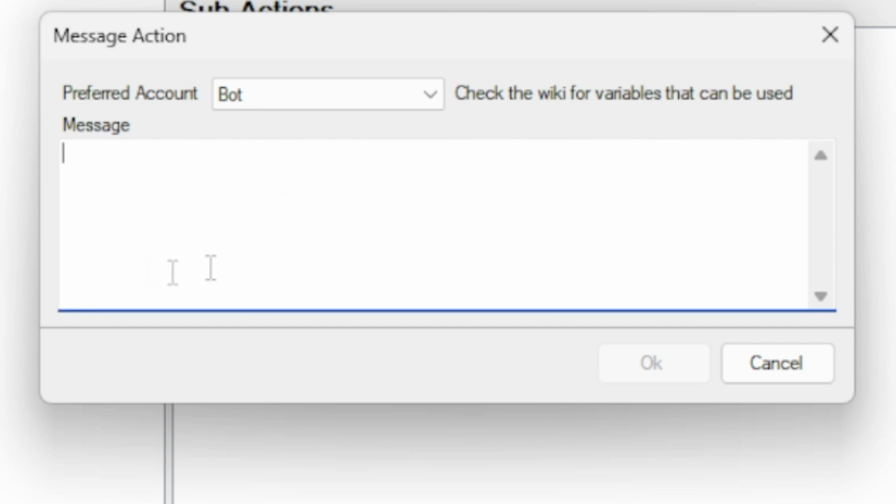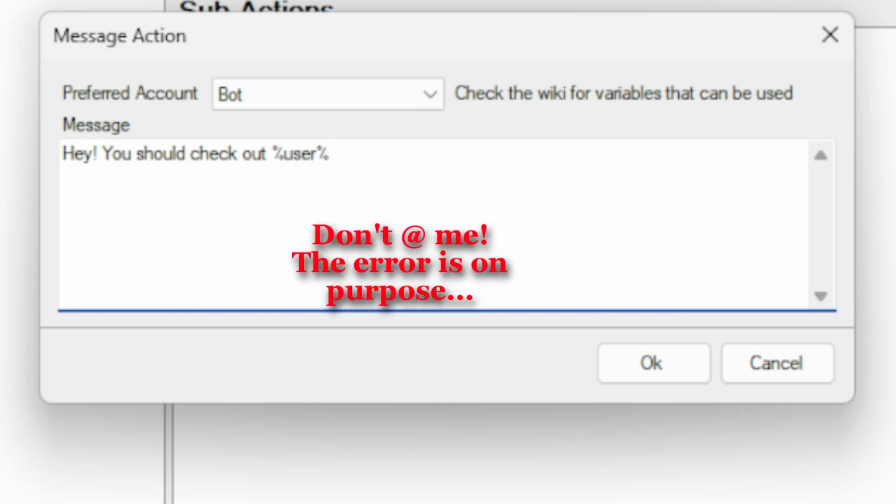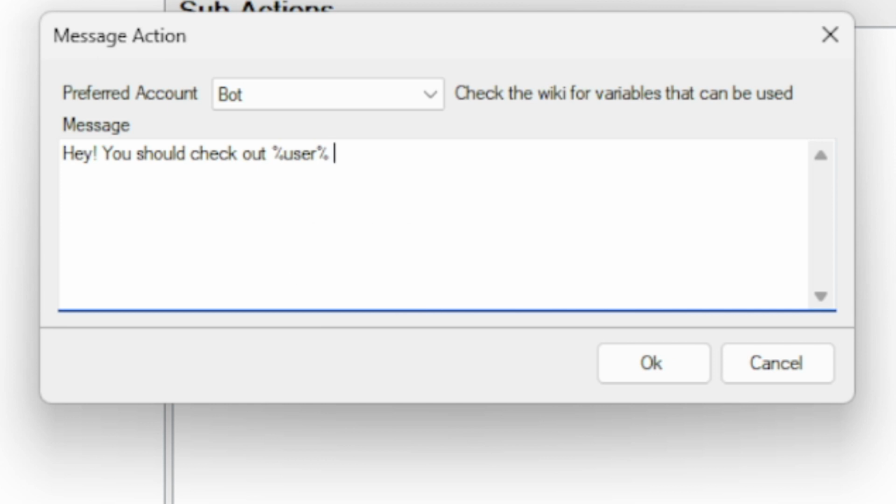Okay. And then the message here, this is what's actually going to show up in the Twitch chat. So we're shouting out somebody, so we want to say, hey, you should check out, and then we're going to use the person's name. And remember, we got the information from before that filled out the variable list. So we can use %user% who can be found at